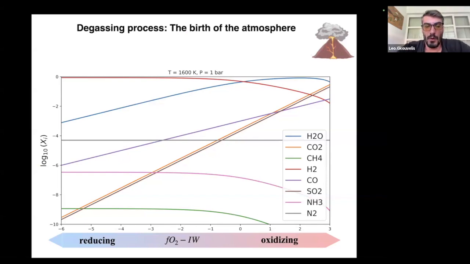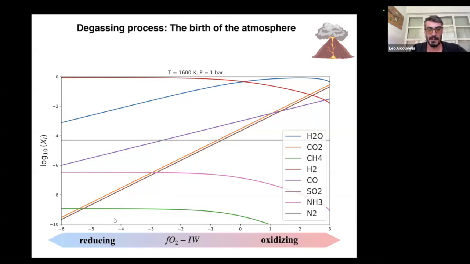Now, you tell me you outgas from the interior to the surface and into the atmosphere some material. I'm showing you here the model. So imagine, I'm showing you only an example. Here on the x-axis, there is a parameter which parameterizes the redox state of the interior. And here on the y-axis is basically what's called the volume mixing ratio of the composition of the outgassed material. For example, all of these molecules together.